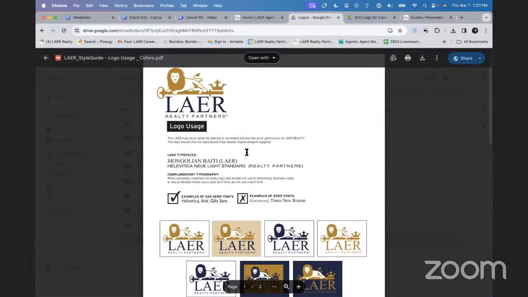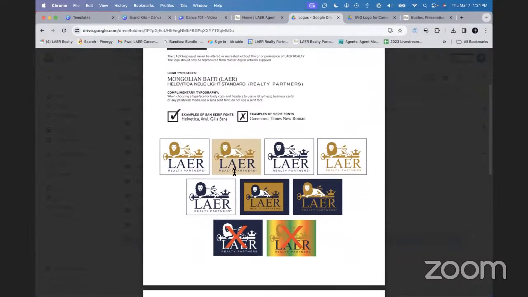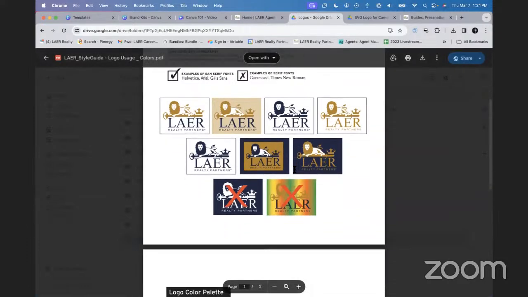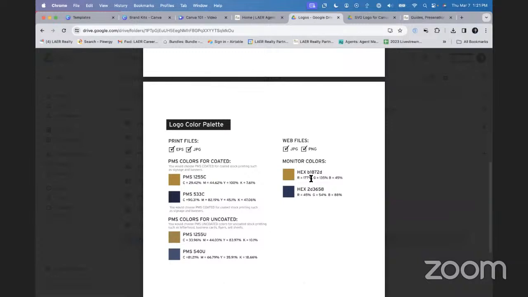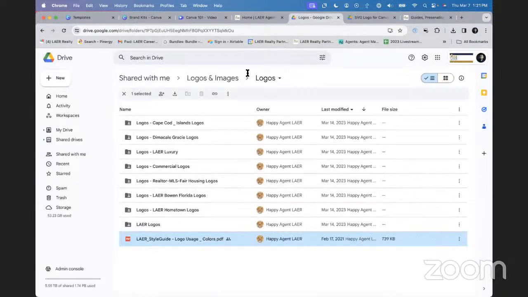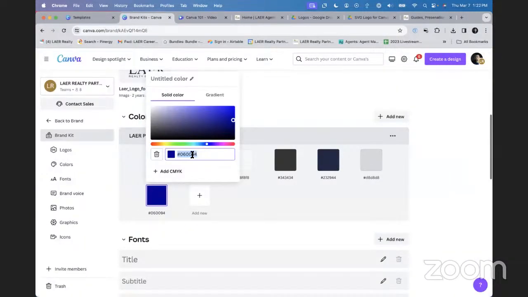If I open it up and scroll down, this first section just shows you the fonts that we use, as well as some guidelines on how to use our logo. But if you scroll down, you'll notice our monitor colors, these hex values. Now these I can just copy and paste and add to my palette. So what we're looking for is the hex code after this hex. So click on copy, and then we'll go back to our brand kit, click on add new, and then just